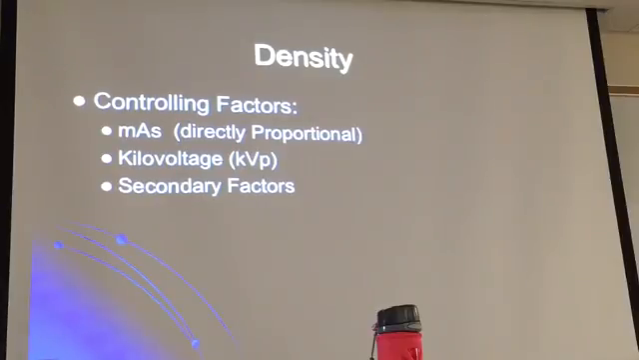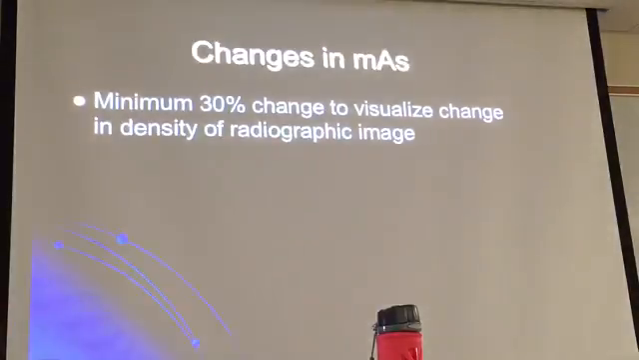Okay. All right. And then there are other factors that influence density. We'll take a look at those. So, changes in mass. Okay, once again, when we talk about density, remember, we're talking about the darkness, the blackness, the opaqueness of an image. Okay? And so this is a term that is used mainly for film. You still hear technologists, especially in the older texts, still talk about density, but